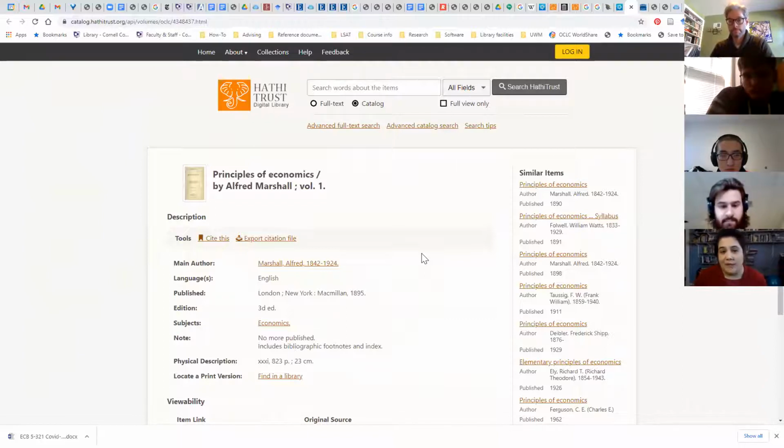They might not still be available a year from now because they're technically violating copyright law. So as soon as the crisis is over, I think they'll go back to not having them be available unless they're out of copyright. This one is probably out of copyright. Yeah, it was published in 1895. So this one's out of copyright.